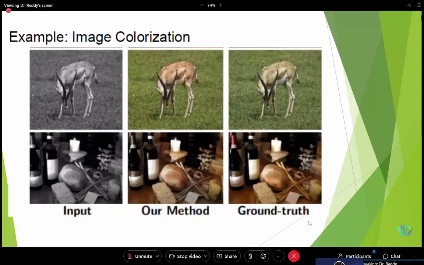When the colorized image and the ground truth, the real image, are the same. Yes, when the second and third columns are exactly the same, I would say my model is perfectly colorizing an image which is black and white, a gray level image. It is going to extract all possible features so that I can make the colorization in an effective manner.